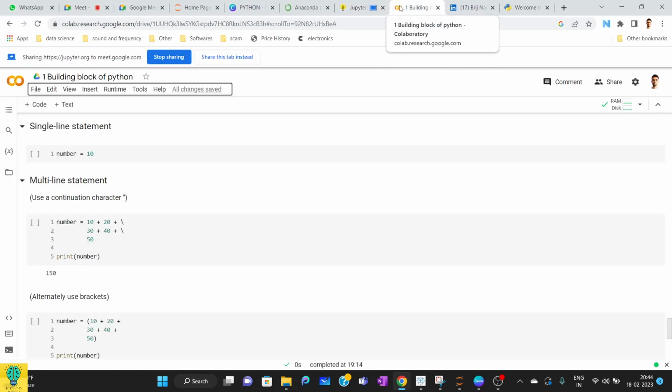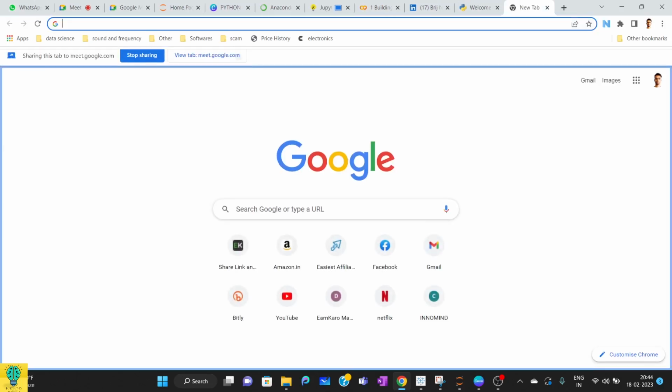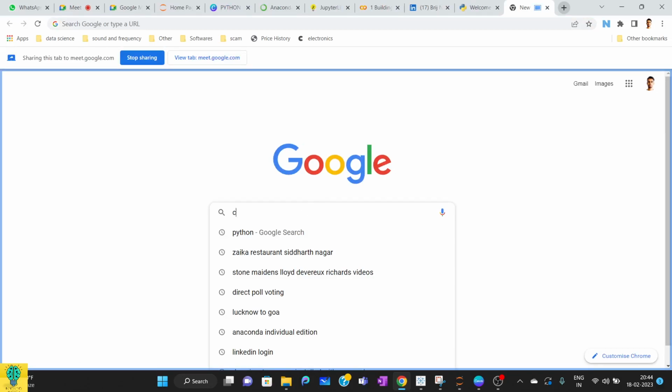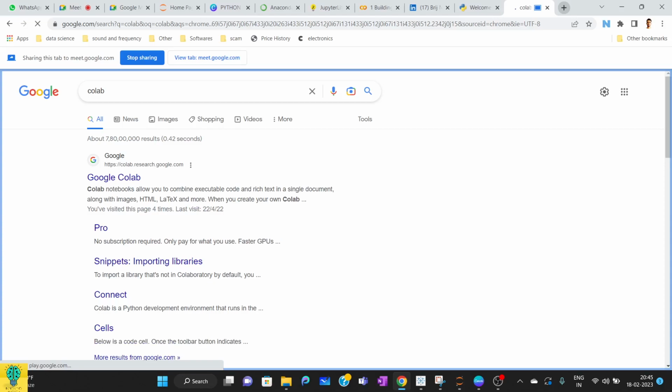So don't get stuck on that. We'll be using this particular feature, Google's product, that is Colab. What you have to do is go to Google and type Colab. This is where we'll be writing all the code. You just click Google Colab,